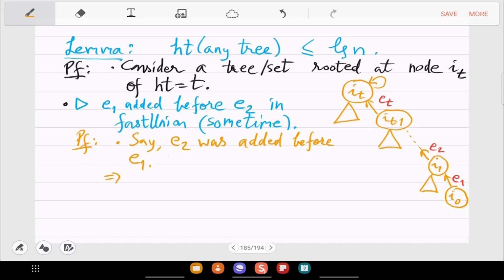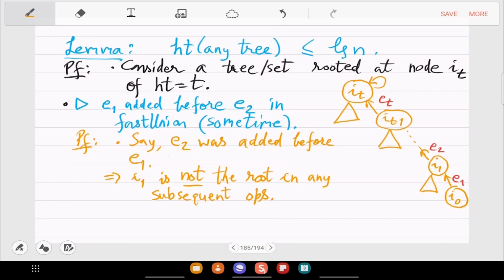So this means that I1 is not the root in any subsequent step. So once I1 at this point is not the root, it can never become the root because we never delete anything, right?